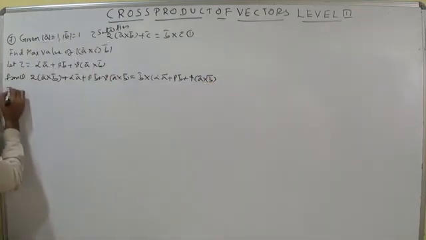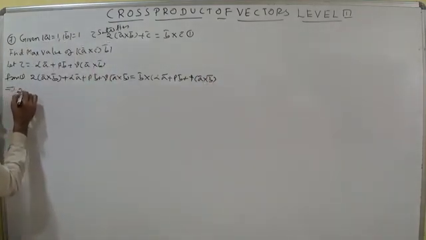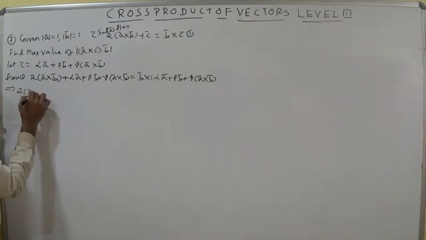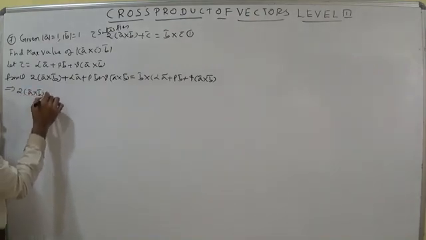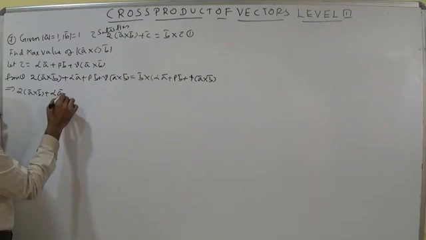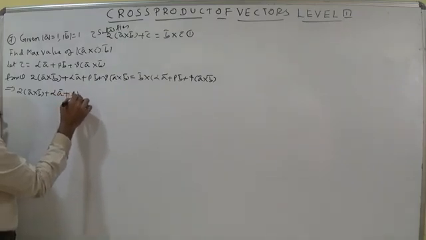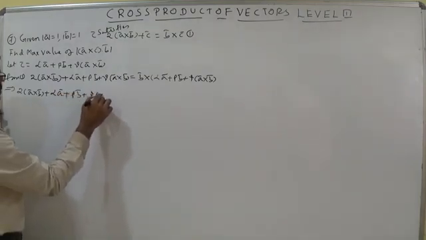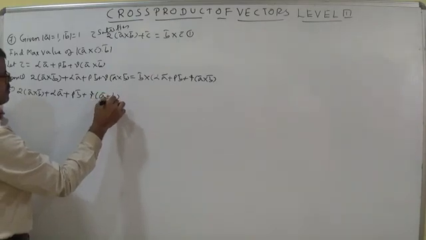That implies, let us write here 2 into A bar cross B bar plus alpha A bar plus beta B bar plus gamma into A bar cross B bar